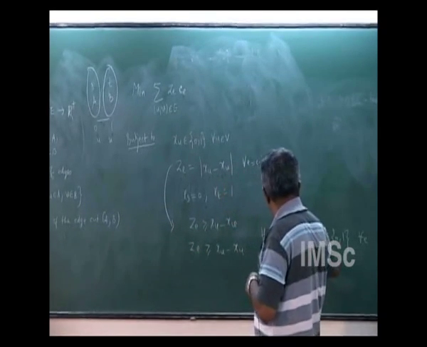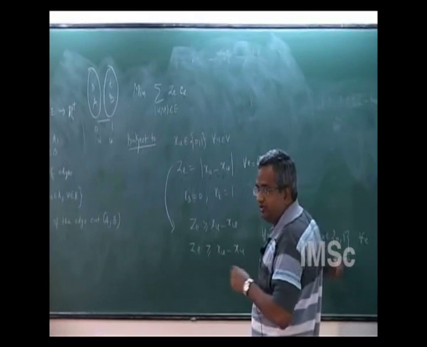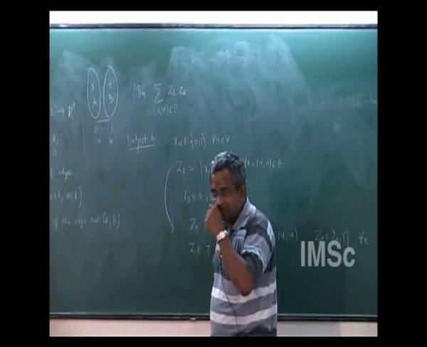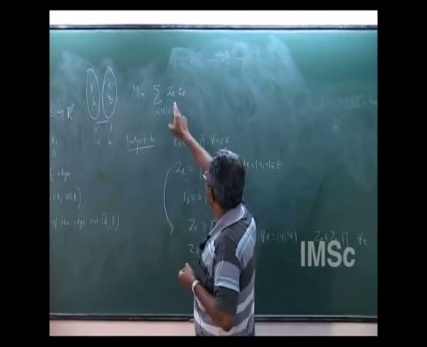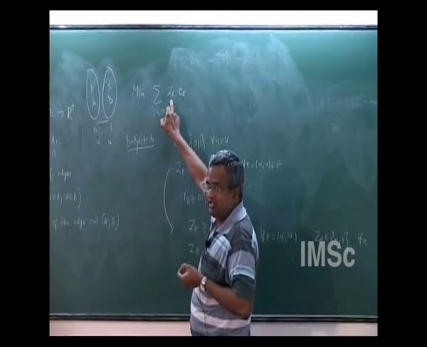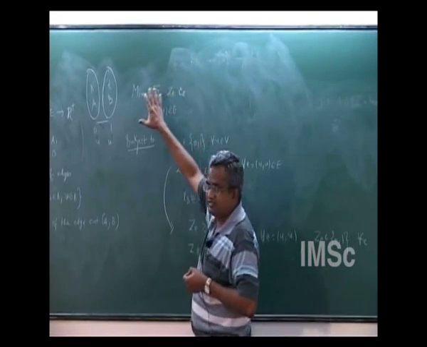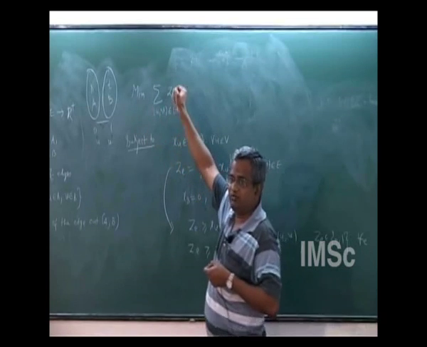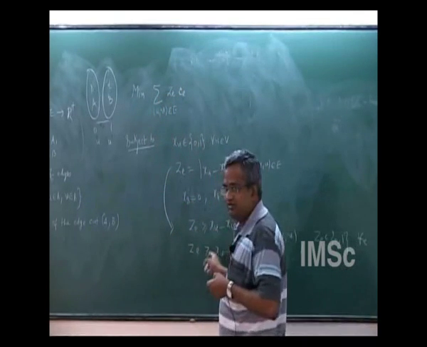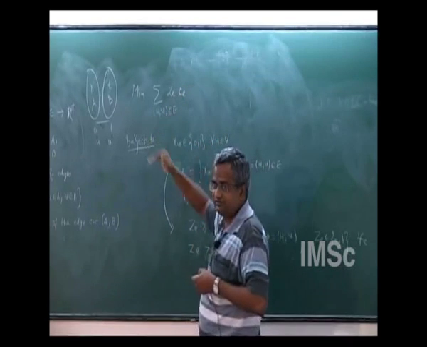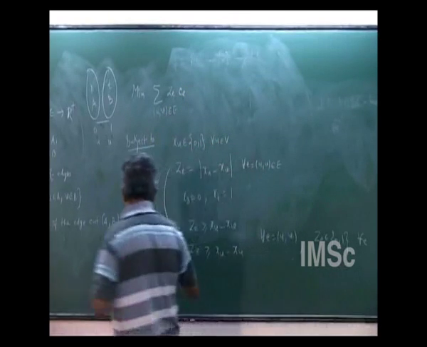Since we are restricting GE to be 0 or 1, it could take one of the two values 0 or 1. But in an optimum solution, it will not take the value 1 because you are trying to minimize this. So why do you want to make GE 1 when you can as well use 0 satisfying these inequalities, thereby reducing this. So what we get in any optimum solution of this,